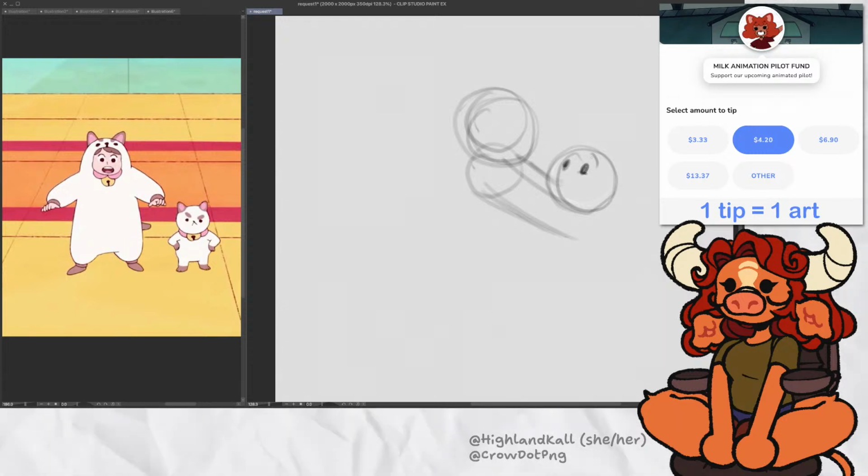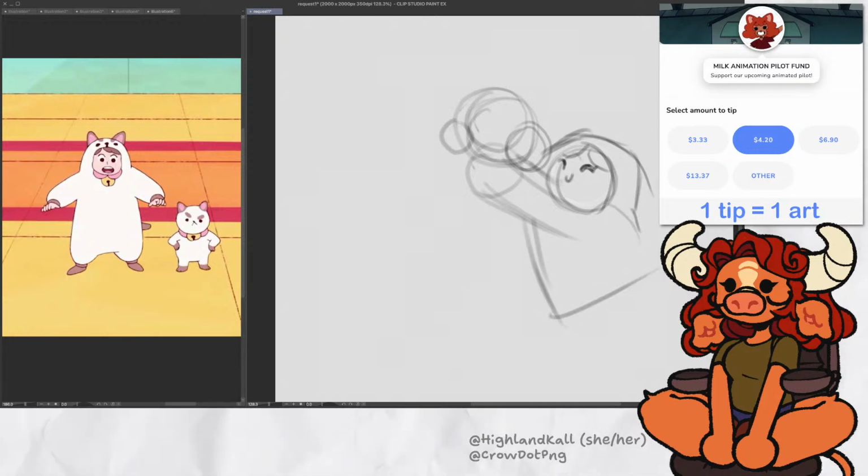Actually, I'm gonna have her eyes closed too. But I'm not gonna draw her entire body here. Probably just enough to do this bit here, and then bring that down, and then it looks like a Fall Guys character, and put the bell down here.